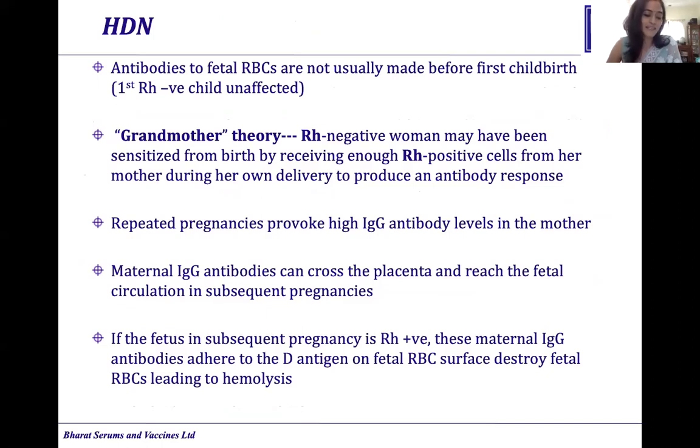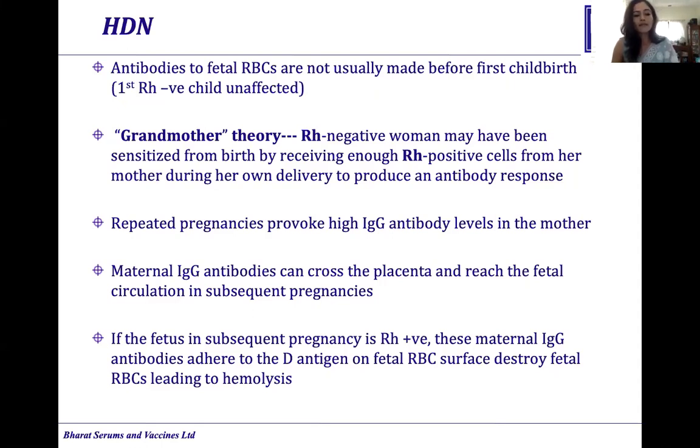It is a very interesting viva question also, because we are in medical college and we love viva questions. Here is this grandmother theory, where an RH negative mother herself, when she is a fetus in the womb of her mother, is receiving RH positive cells from her mother. And while she is still in utero, her immune system is sensitized against the RH positive cells. So the grandmother is responsible for mounting the immune response in the mother against the grandchild. Even the first child can be affected, even with no history of a mismatched blood transfusion.